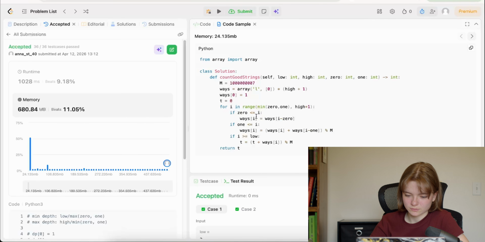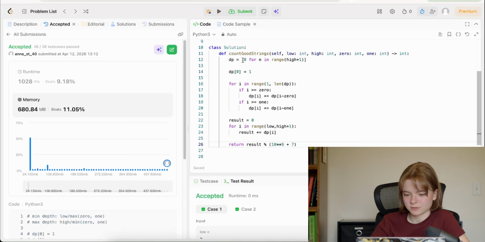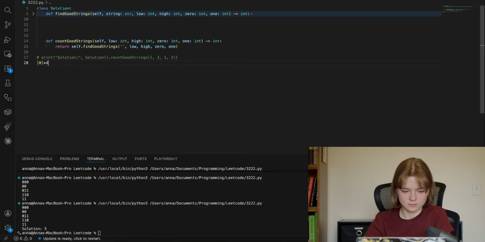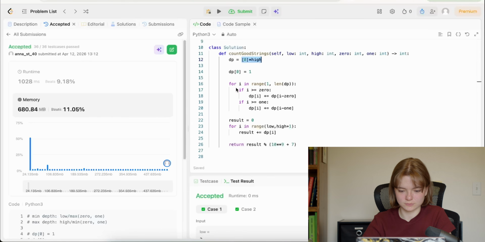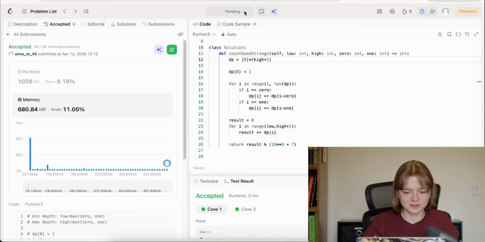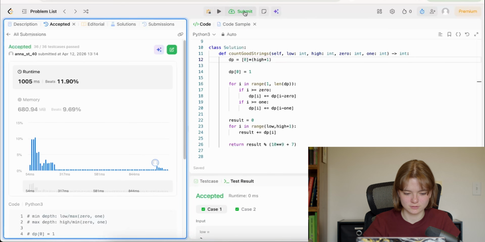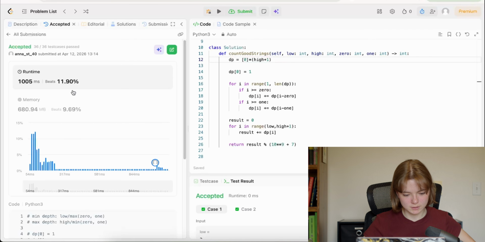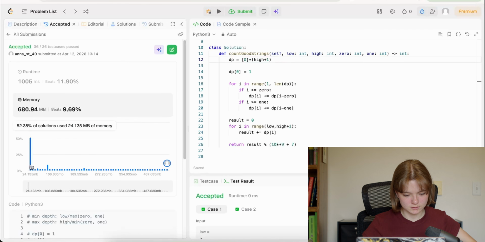So is it our list comprehension that's doing badly? Because there's probably a better way to do this than this, right? So let's just experiment. High plus 1. What happens when we do something like this? Okay, so that's exactly what we want to do, actually. It is still plus 1. I'm just curious how much this will make a difference. Not significantly.